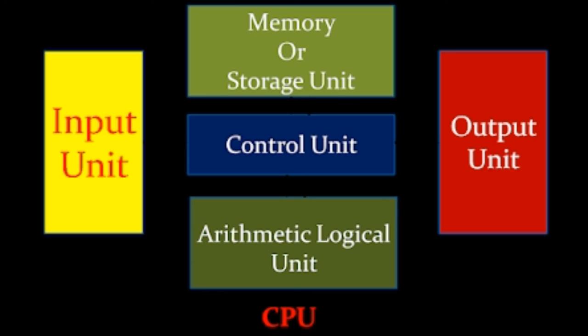The control unit acts like a supervisor which determines the sequence in which computer programs and instructions are executed. It receives the instruction from memory, decodes the instruction, interprets the instruction and understands the sequence of tasks to be performed accordingly. The control unit determines the sequence of operations to execute the given instruction. It is like a supervisor.